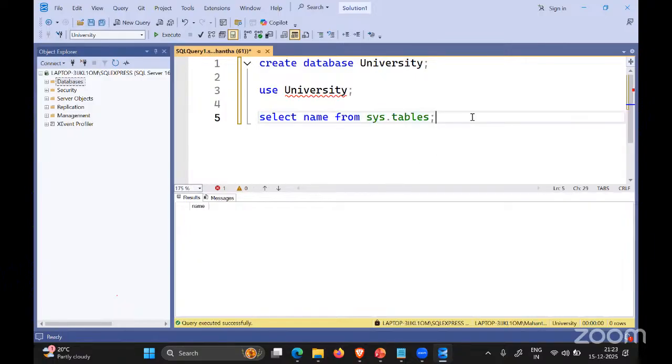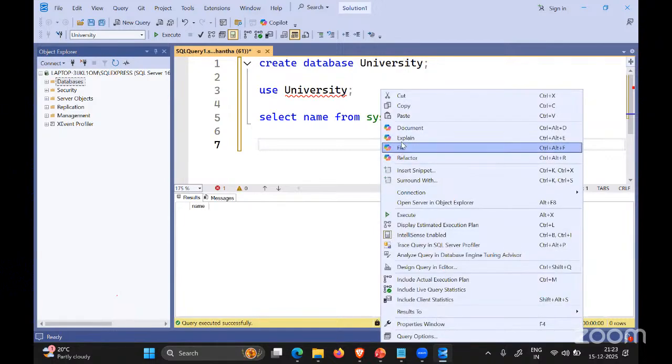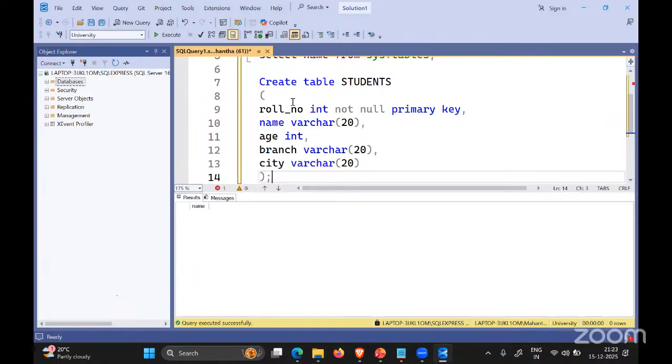So now let me go ahead and create a table. We already know how to create a table. I'm using the syntax create table. The name of the table is students. I have different column names like roll number, name, age, branch, and city, and I'm providing the different data types: int, varchar, int, varchar, and also specifying the primary key.